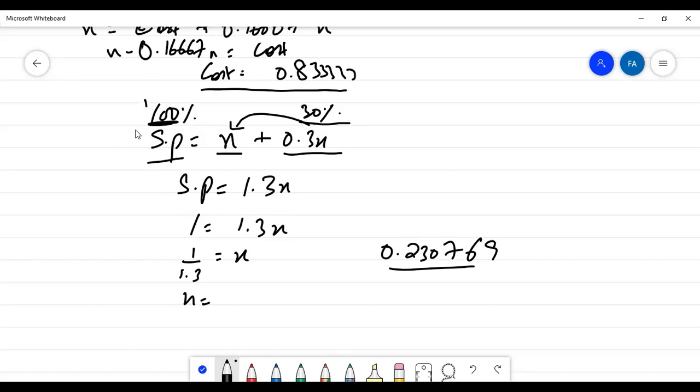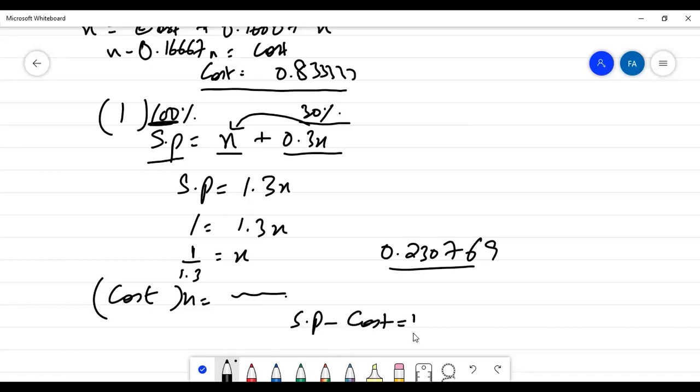So it is equal to 1 in this scenario. 1 is your selling price, and 1.3X is being multiplied over here. You divide it by 1.3, 1 divided by 1.3, and X will be formed. X is the cost. Get your cost, and you minus your cost from the selling price, you will get the profit. That's it. This is how I got it.